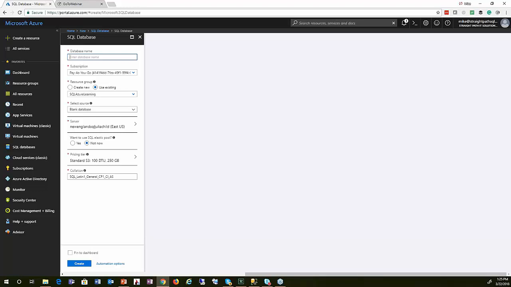So instead of paying $26,000 for the most expensive database you can get, or whatever it is per month for the most expensive, we'll look at that in a second. We won't build it though. I don't have that much money in the bank account to pay for that. But we'll show you what the pricing is. But whatever that most expensive price is today in the East 1 or East 2 region,